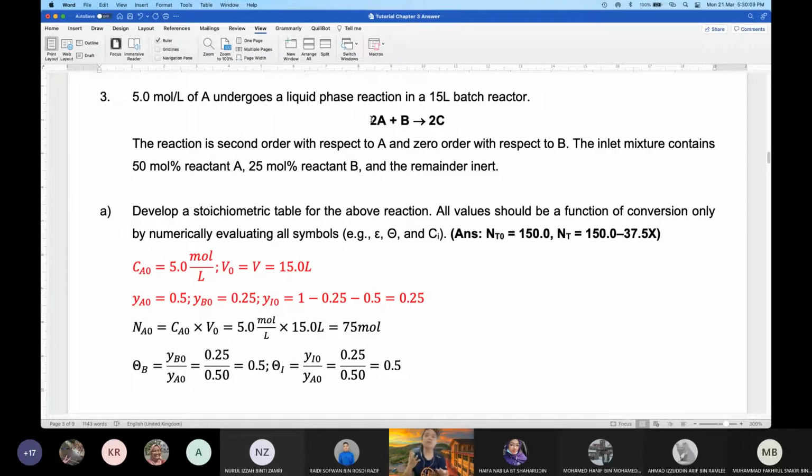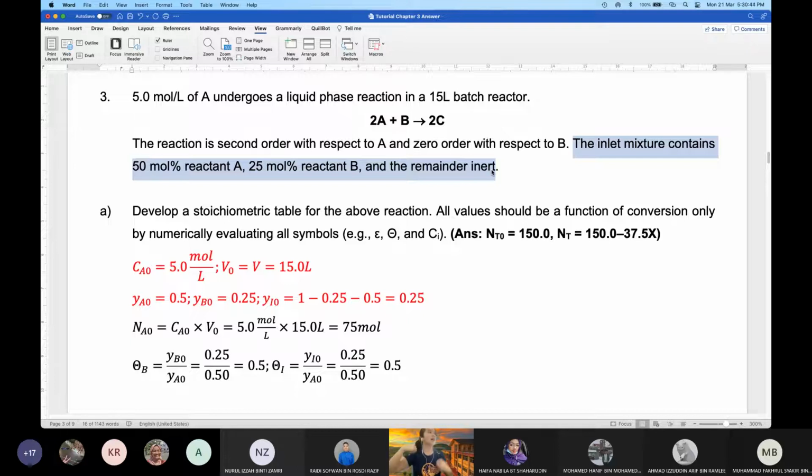Okay, so kamu kena faham. Okay, the question sampai dia tak akan cakap non-elementary. Tapi kalau dia terus bagi tu reaction order tu, kamu ikut sahaja. Okay, kamu ikut saja apa yang diberi. So they say second order with respect to A, zero order with respect to B. Okay, so done that part. Okay, next dia kata inlet mixture contains 50 mole % reactant A, 25 mole % reactant B and the remainder inert. Okay, so dia kata asalnya sebelum tindak balas berlaku, before the reaction occurs, in my system, in my reactor,